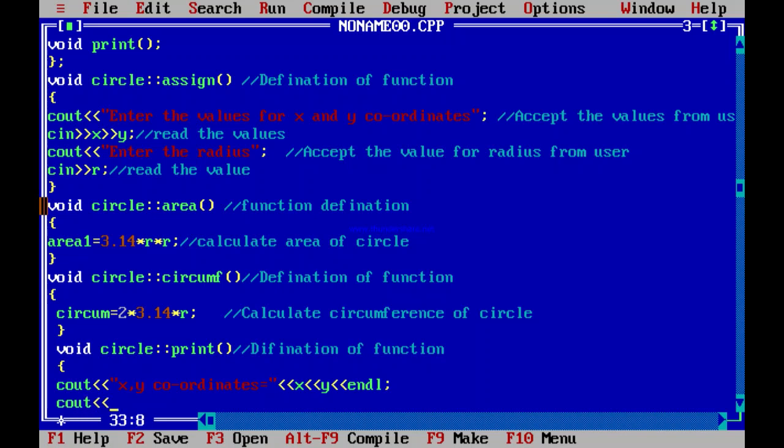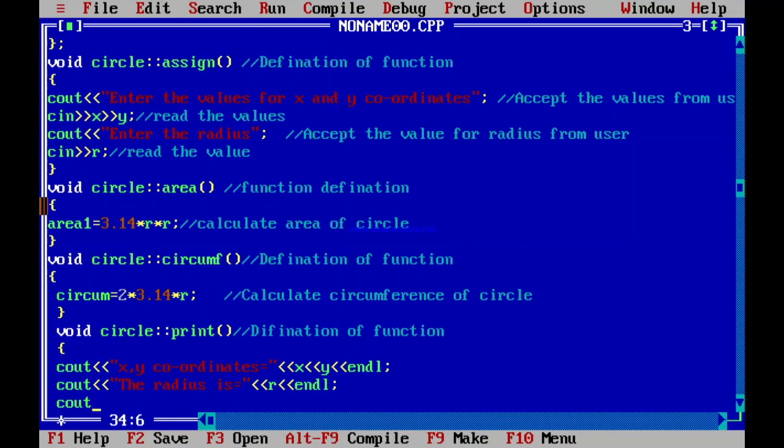Now second what we are going to display over here, that is the radius is. What is the radius entered by user, that also we are going to display. In which variable it is stored? It is stored in the R variable. So R is going to display over here and endl, semicolon. Then next we are going to display the area of circle.